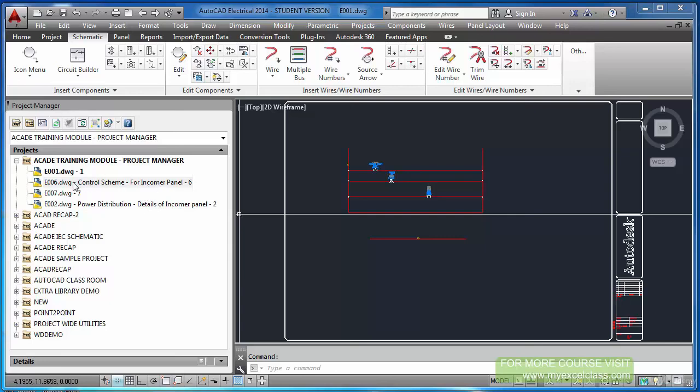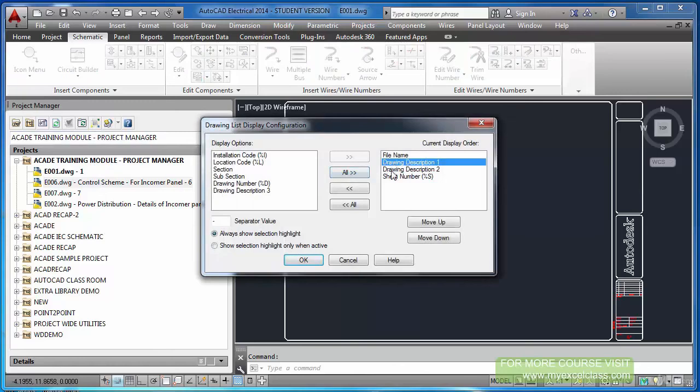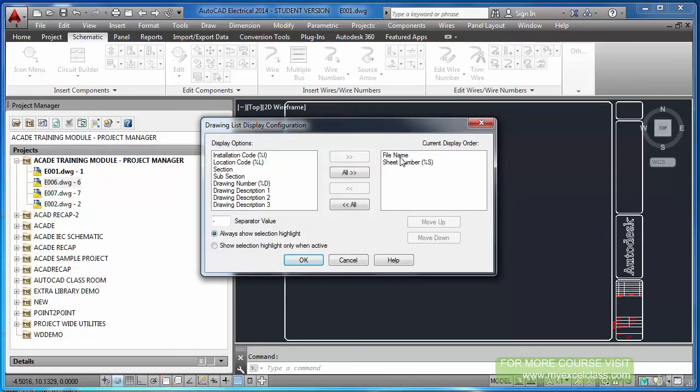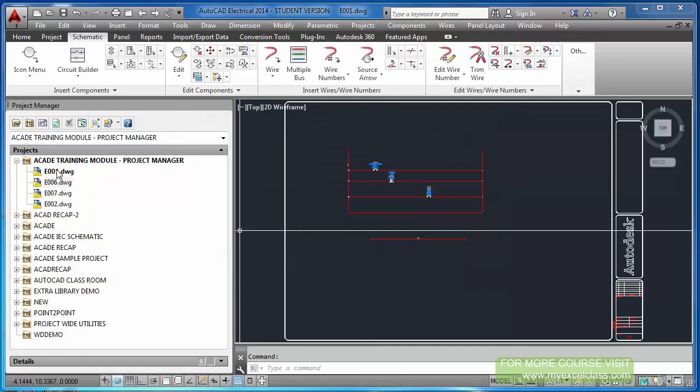So it's quite clear. And in fact, if you don't want that to appear in the drawing all the time, fine. You just go here, remove these two here. Okay, so it is so simple. And further, if you don't want this sheet number 2, just unselect this. Okay, now you will see only the file names.